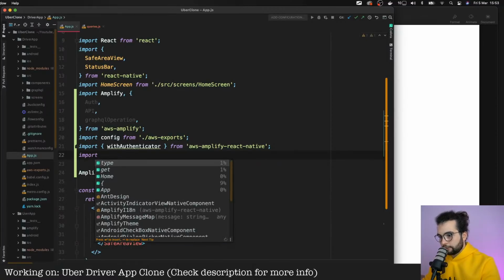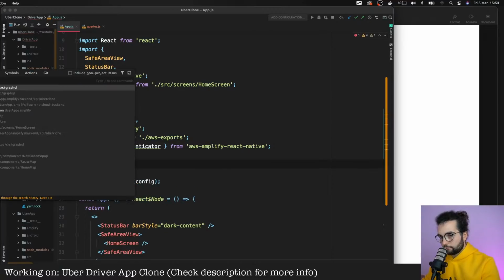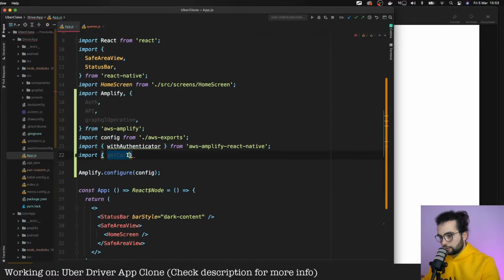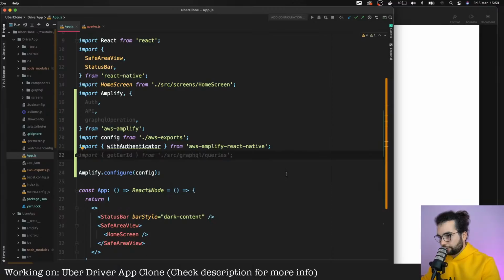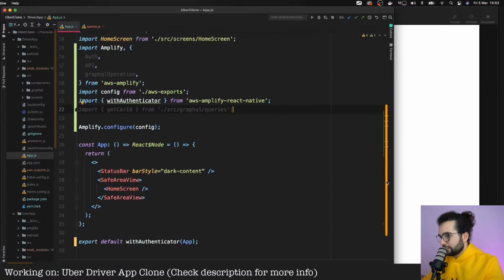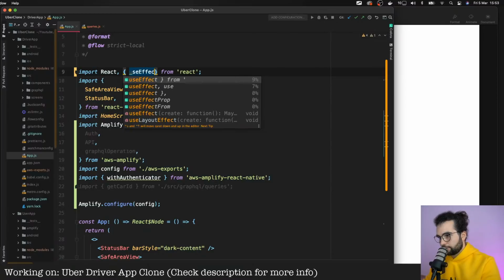Import get car ID from source GraphQL queries, like this. And yeah, probably that's it. What else? From React, we will need the use effect.